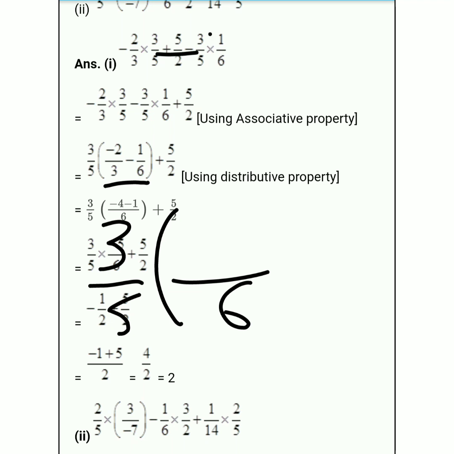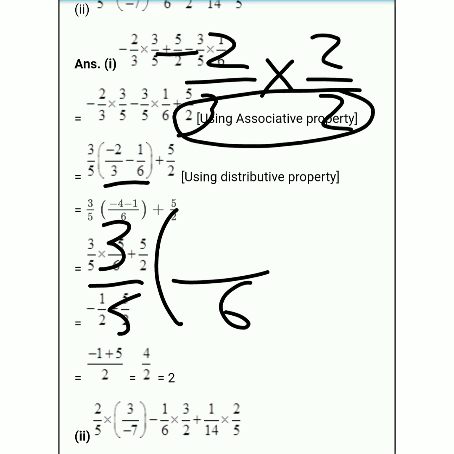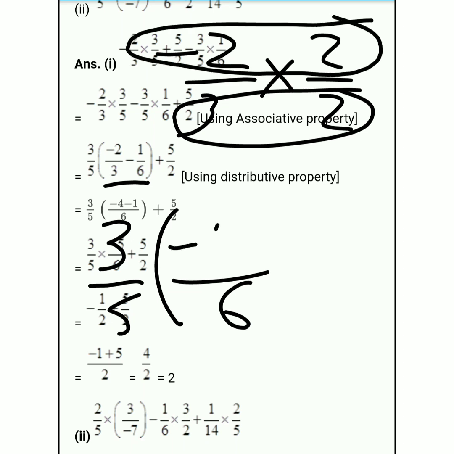Now here the first term is 2 by 3. If I convert denominator 3 to 6, then what do I need to do here? If I multiply and divide by 2, then our denominator becomes 6, right? 3 2s are 6. So the same thing we need to do in the numerator. Now in the numerator, minus 2 into 2, minus 4, 2 2s are 4, plus minus minus.